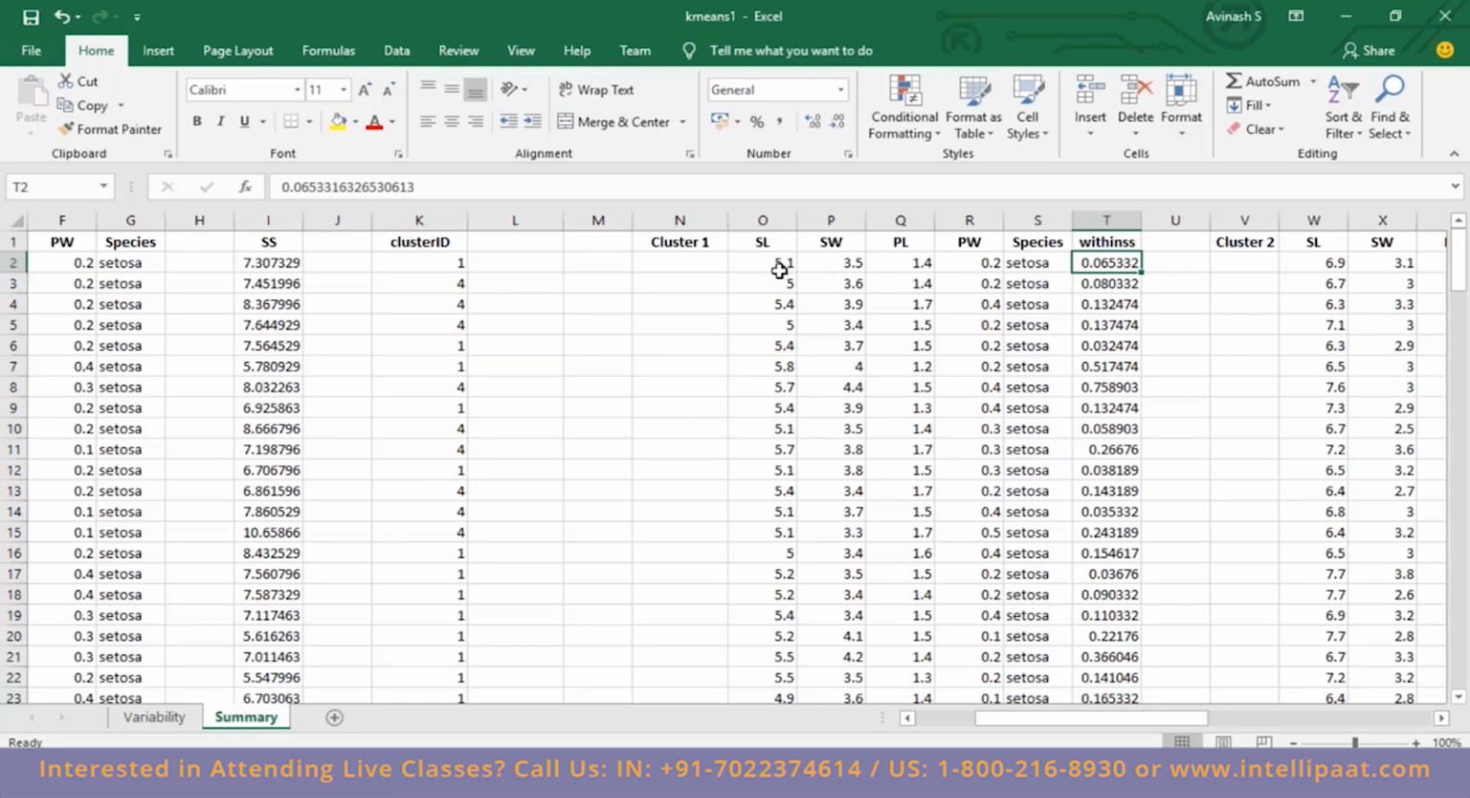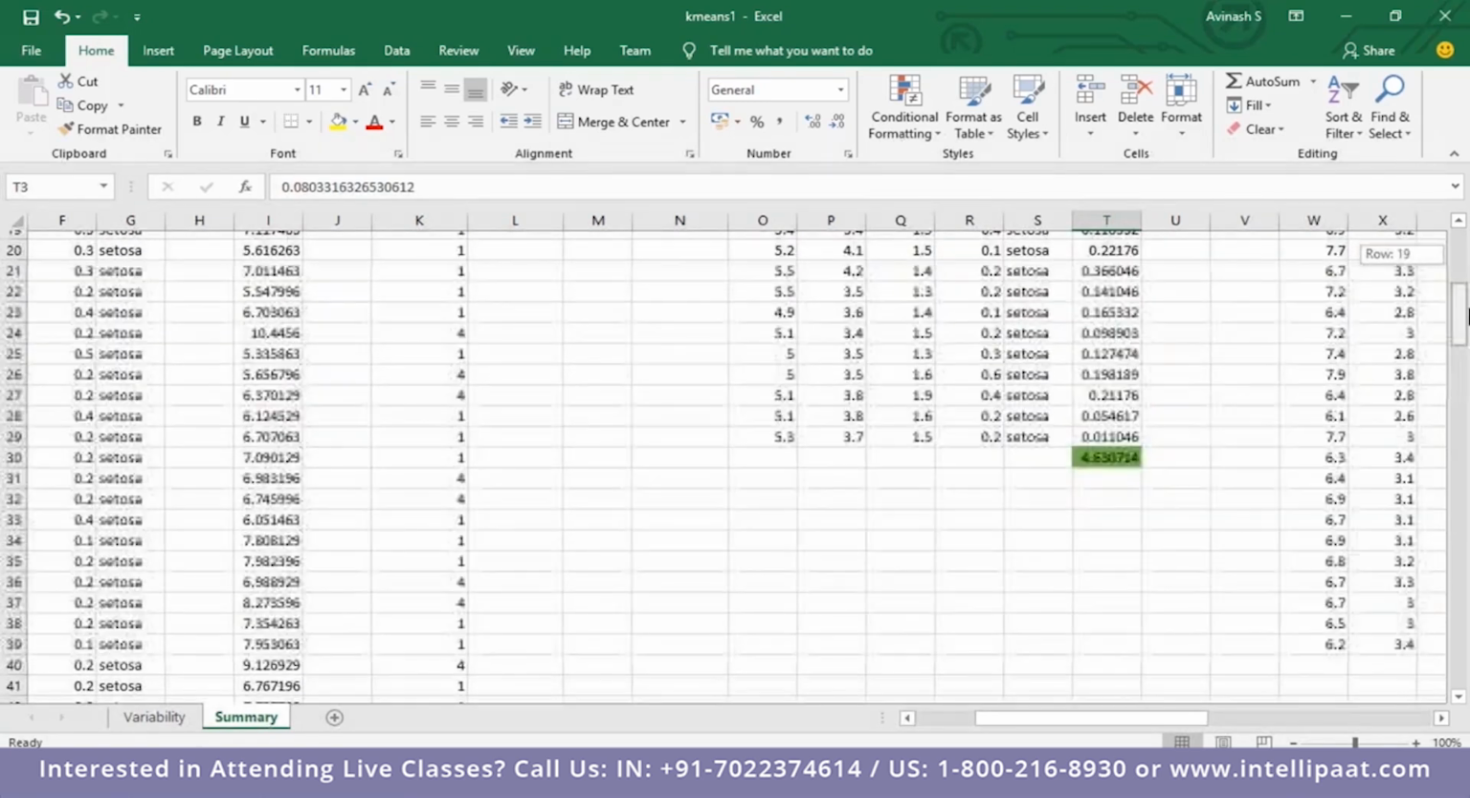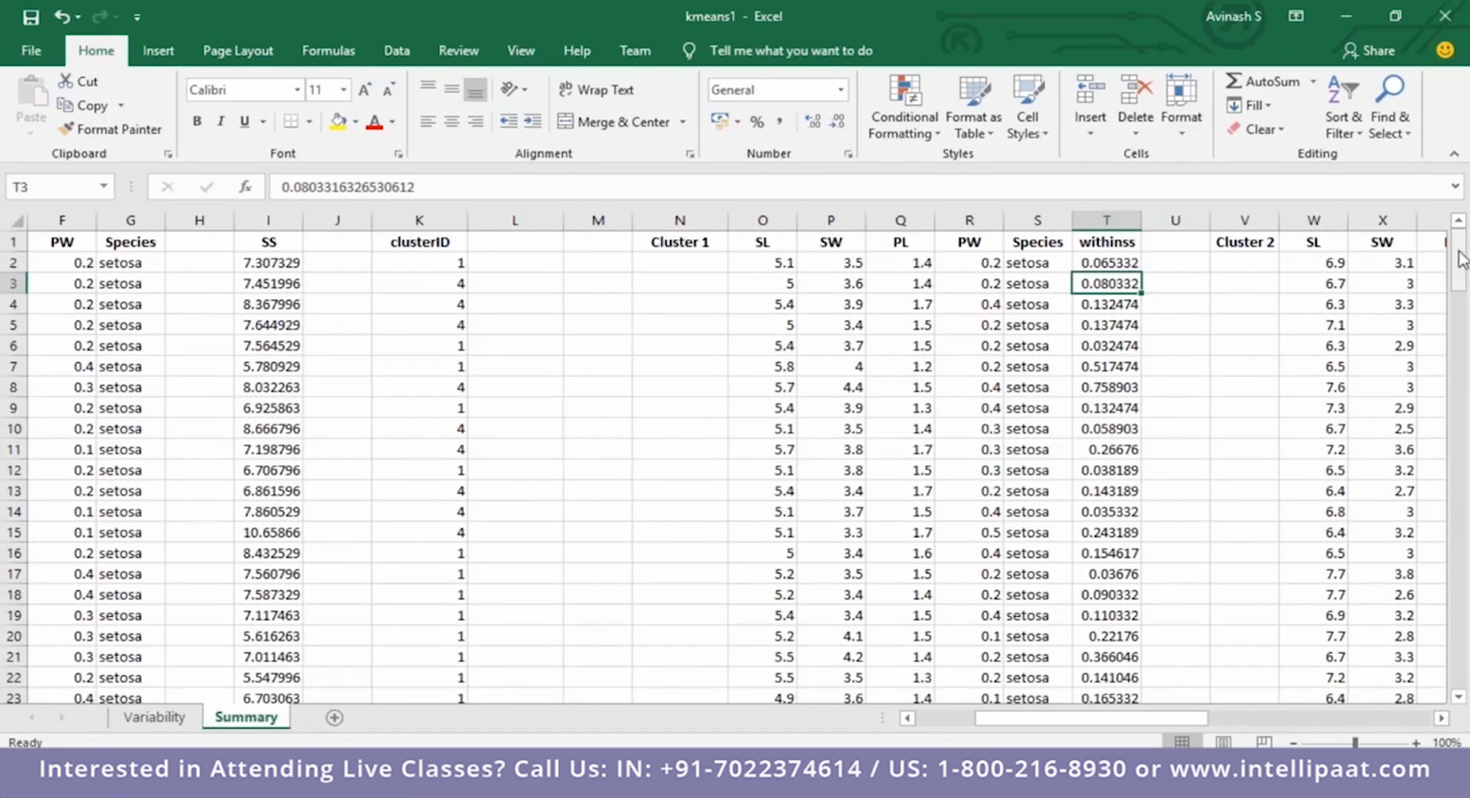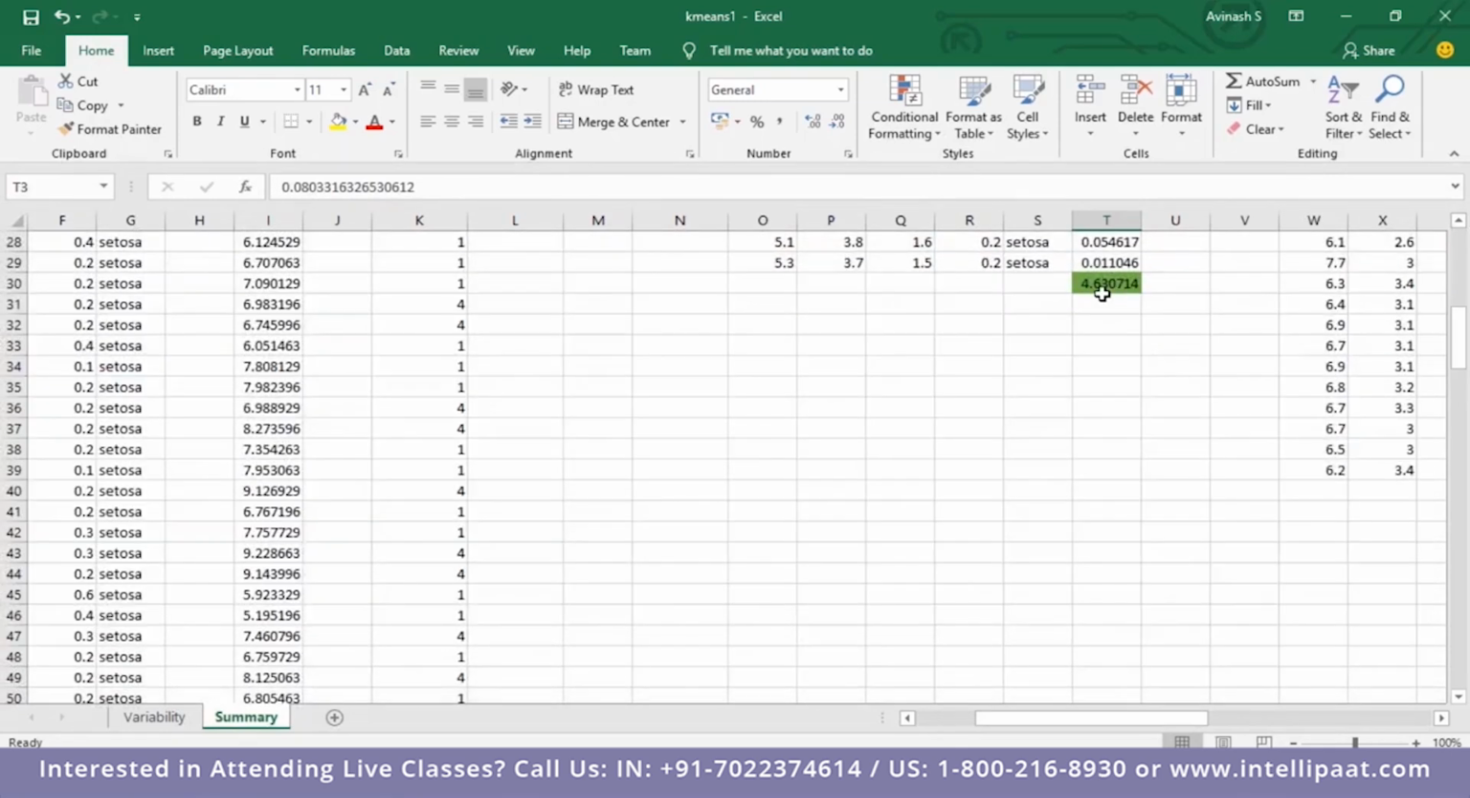So this within sum of squares, again, we're doing the same thing. This will be 5.1. We'll get the center value, which will be 5.1 minus the mean of this, and then we'll take the square. When we do that, we will get this within SS. Again, we'll take this 5, subtract the mean, and then take the square, and this is what we get over here. And we do that for all of the 150 records, and the total within SS which we get for the first